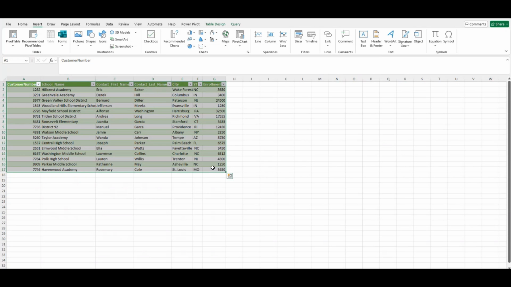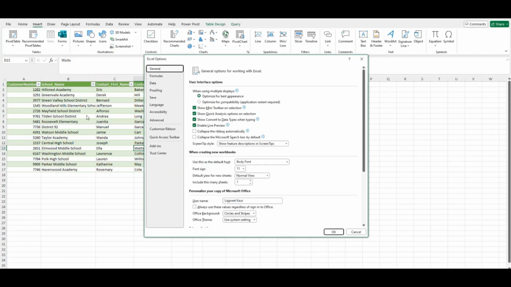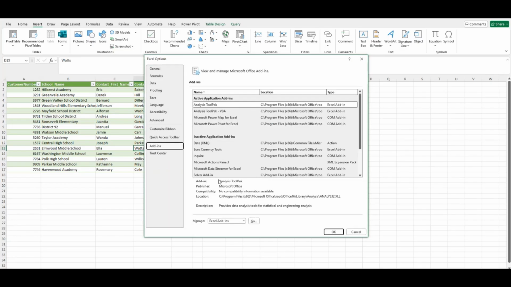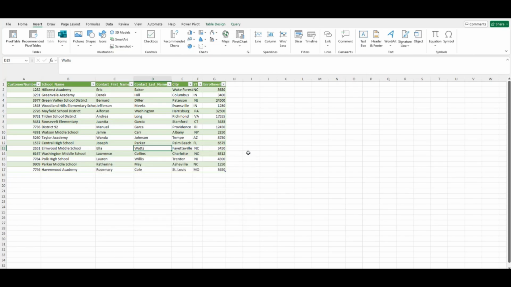I want to add this data to 3D map, and I was really struggling this morning in class when I was teaching 3D maps, because when I added the add-in from here. So if you notice, I go to add-ins, add-ins, go, the Power Map is already installed, but I don't see it here as usual. So